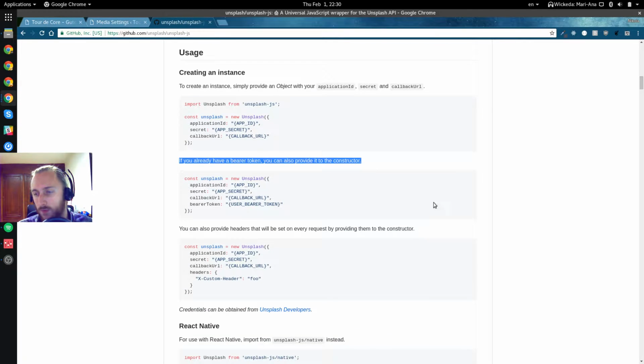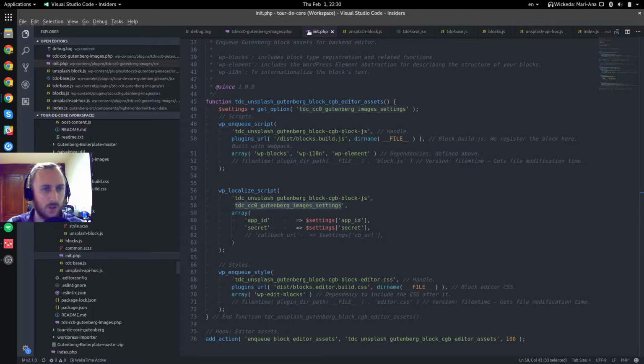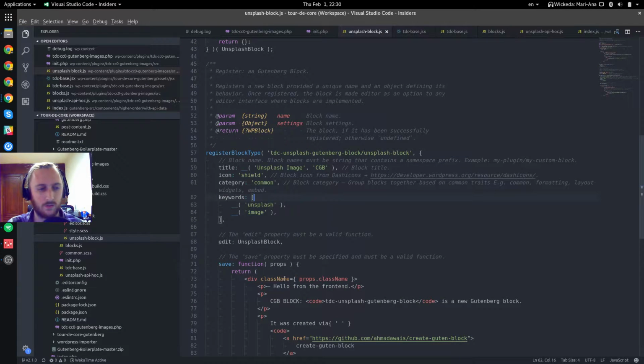So that's where it gets confusing. Callback URLs, authorize. Go to access your public data. No, that's different. So what if I don't provide a